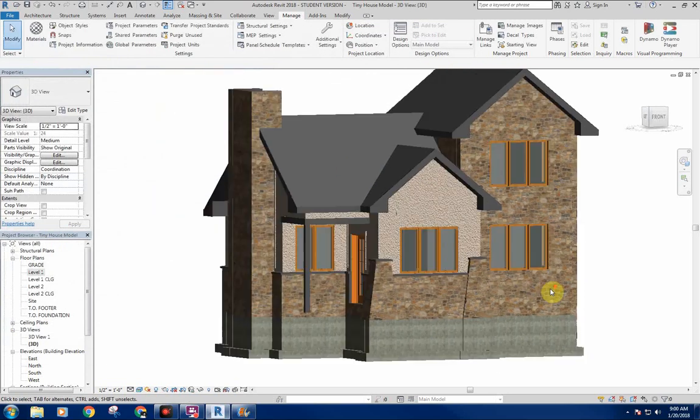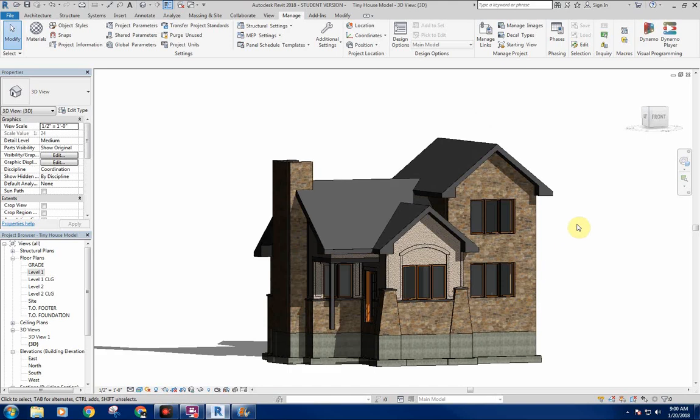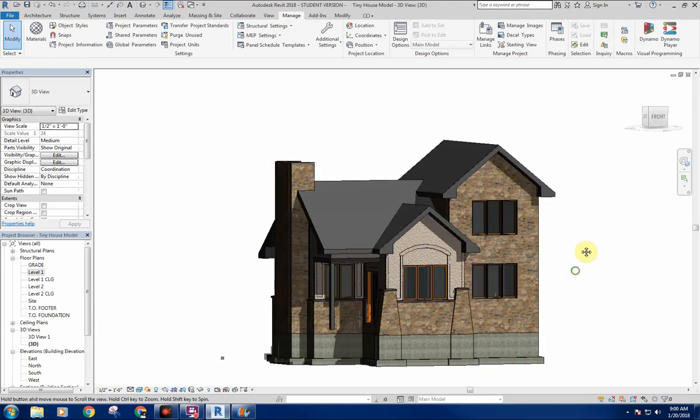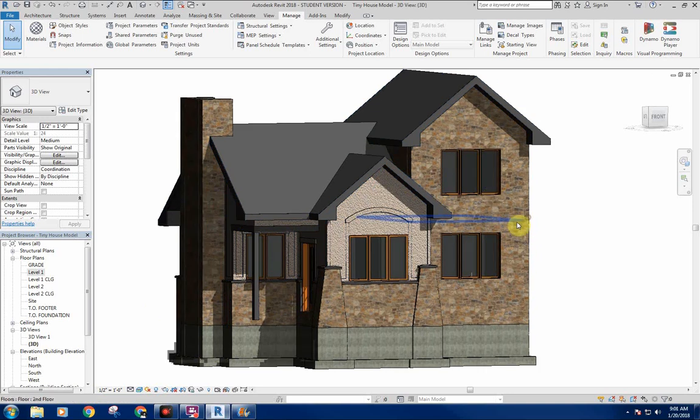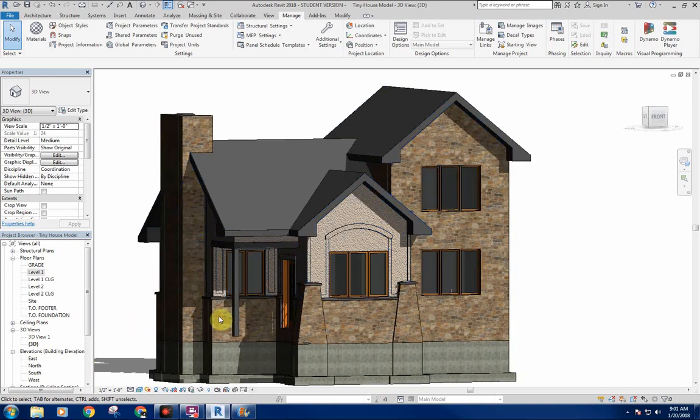So we've got a stone here. Our Revit stucco color probably doesn't work real well with that. But I might go into Photoshop and adjust the coloring on this. Maybe take a little bit of the reds out of it. That way I can adjust the actual image that I have and change the color of it